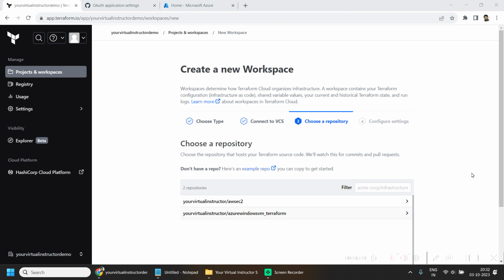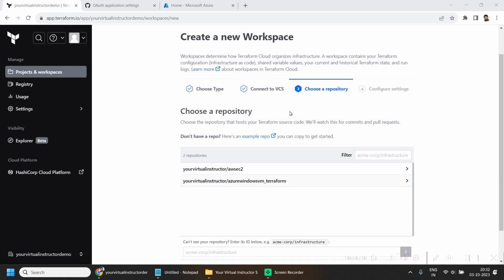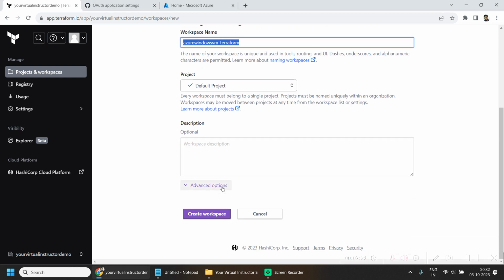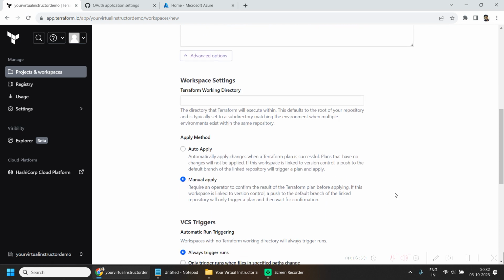As soon as I finish this wizard, it is asking me to create a new workspace. Here it is asking me to choose a repository. I will go with this one, and the workspace name is fine, I don't want to change it. And in the advanced options, you can see auto apply, if you want to completely automate this operation without any manual